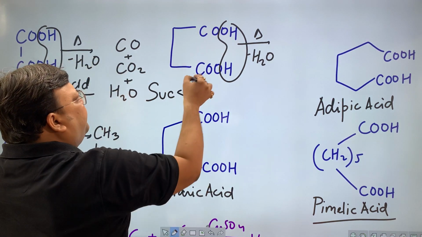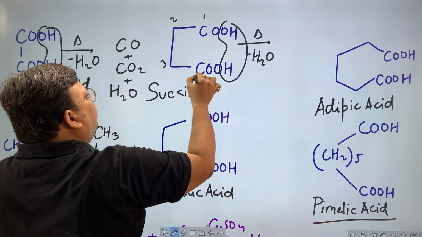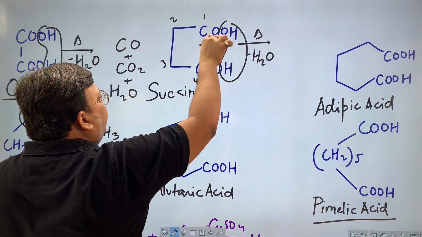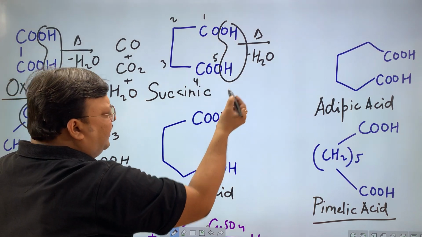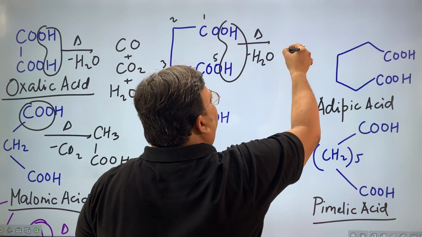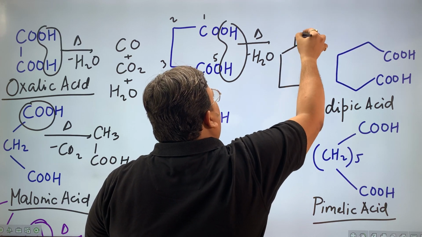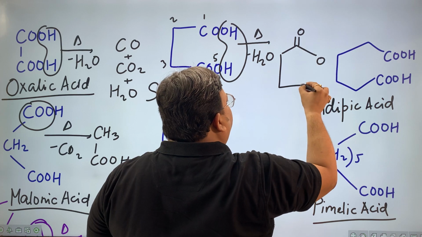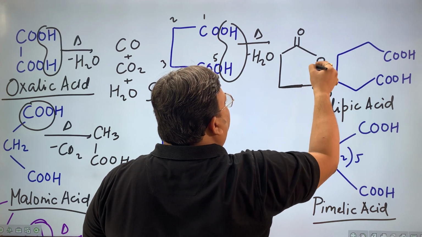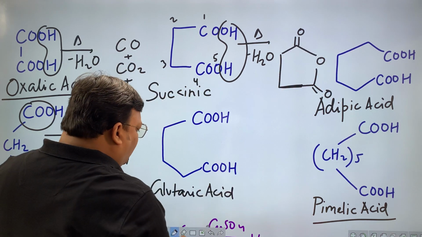So when it becomes 4 carbon long, it can form a 1, 2, 3, 4, and naturally oxygen यहाँ पर रहेगा. When you remove water, यहाँ पर एक oxygen रहेगा, it can form a 5-membered ring, which will be the corresponding anhydride. And this is how you can draw the anhydride. The test of anhydride is oxygen between 2 carbonyls. This is an anhydride. It's 1, 2, 3, 4, 5. You'll want to call it succinic anhydride.